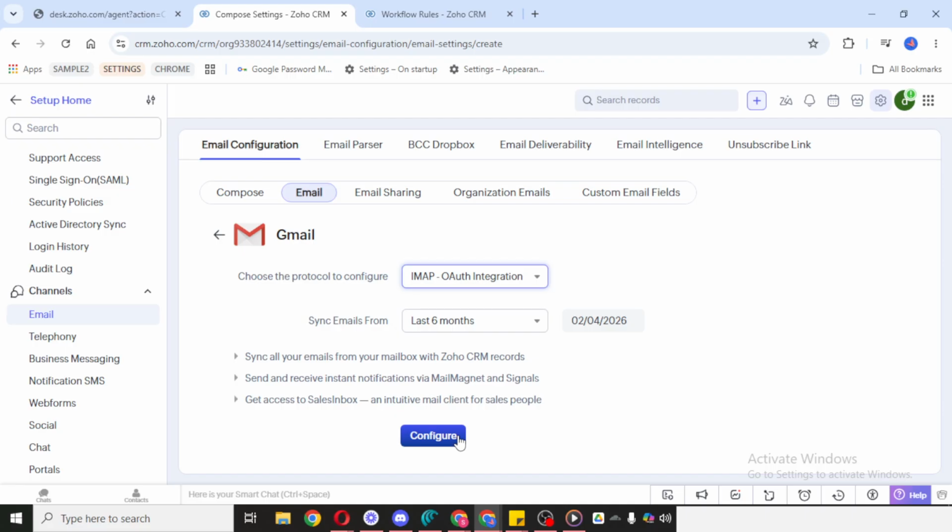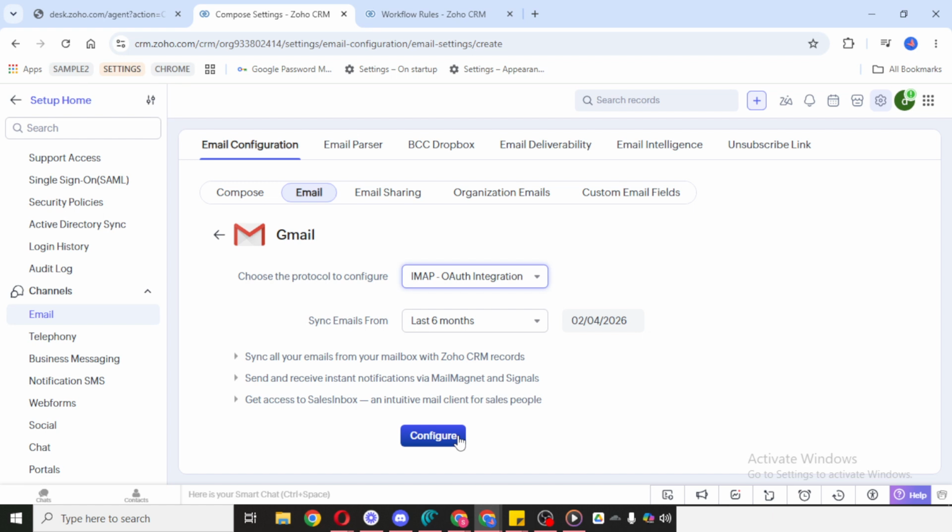From here, select the email account you want to connect. Be sure to choose the correct account, especially if you manage more than one inbox, or if your browser is already signed in to multiple email services. After selecting the email account you want to use, simply follow the prompts shown on your screen. Zoho will usually walk you through permissions, sign-in confirmation, and any access approvals needed to complete the connection.